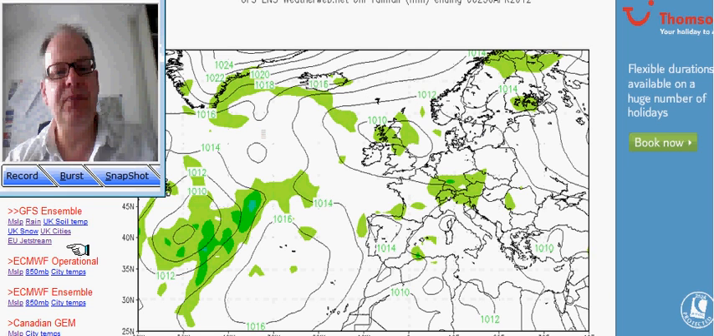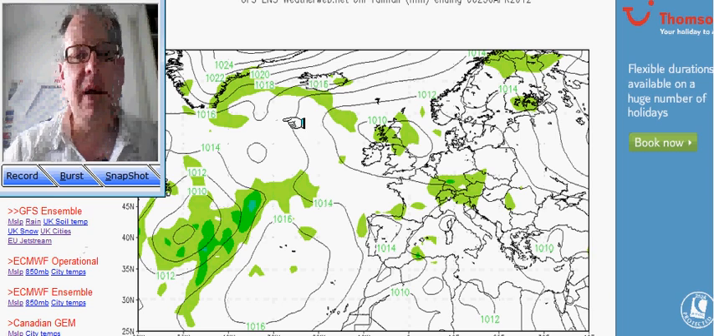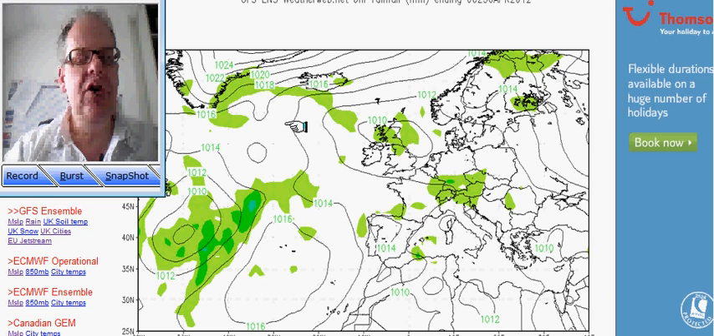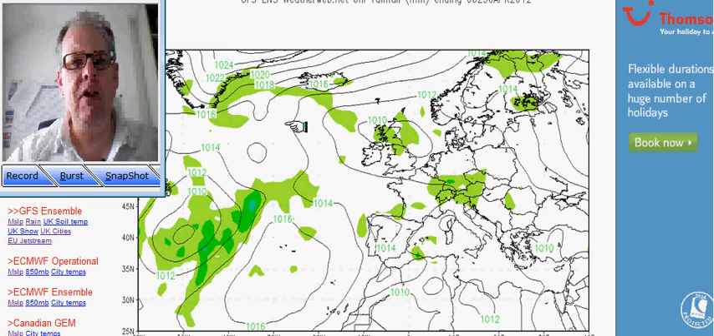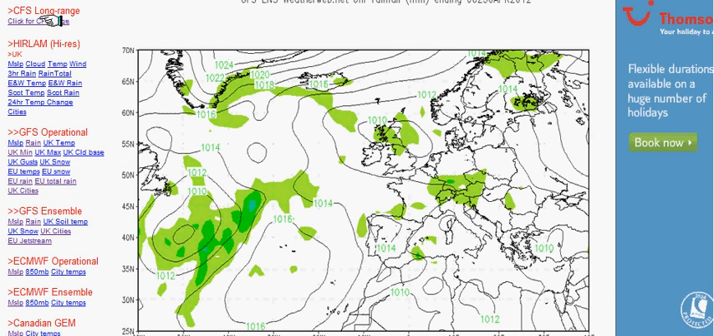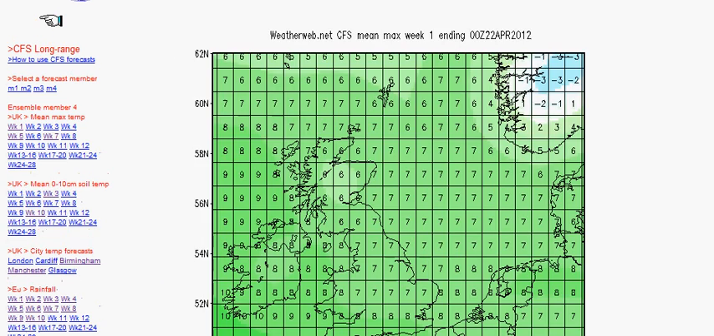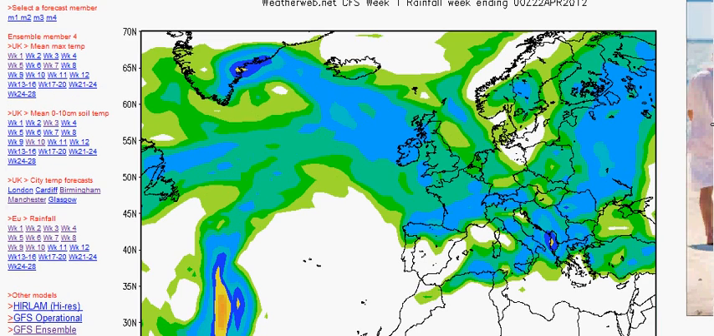Now, what is interesting and what's starting to develop is what happens beyond this. If you were watching yesterday, you'll know that I was talking about my theory of higher pressure building through the country into the early part of May. Now, what I want to show you here is the CFS model. Do that by clicking on the CFS page on the screen here, and then come down to European rainfall. Click on week 1. This is the mean rainfall through the week